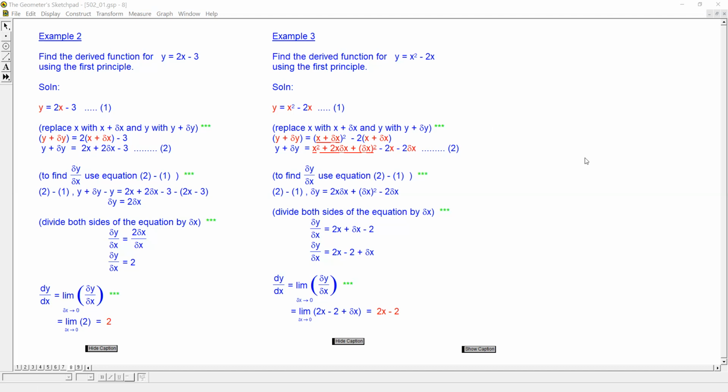Yes, you only use this method when they say first principle. If they didn't mention the word first principle, then don't trouble yourself to go and use this method. Don't. Unless you see the word or you hear the word first principle, then you use this method. Other than that, don't use this method. Okay, don't use it. Very often or not, they ask once in a few years,